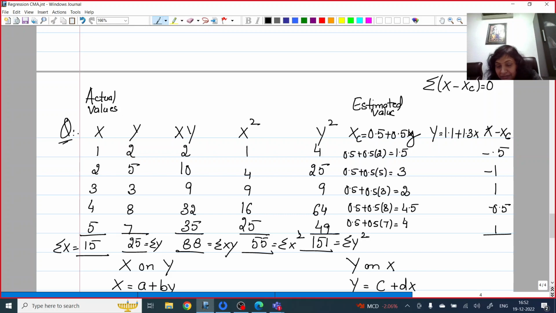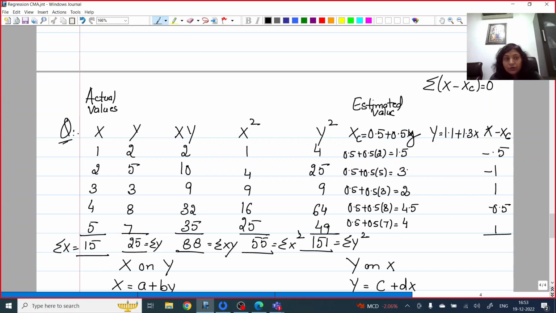So we have done some mistake in this question. We have 0.5 plus 0.5y. So when y is 2, we get 1.5; when y is 5, 2.5 plus 0.5, 3; when y is 3, 1.5 plus 0.5, 2; when y is 8, 4 plus 0.5; and when y is 7, 3.5 plus 0.5,